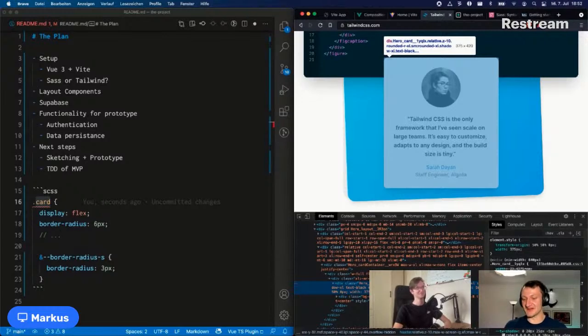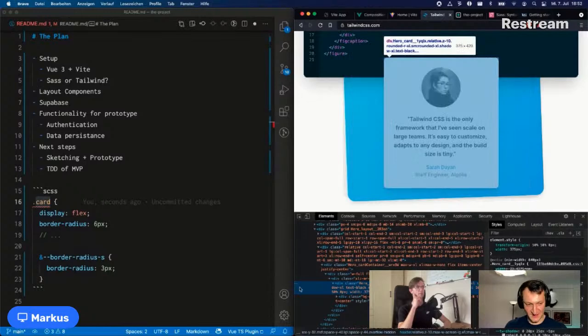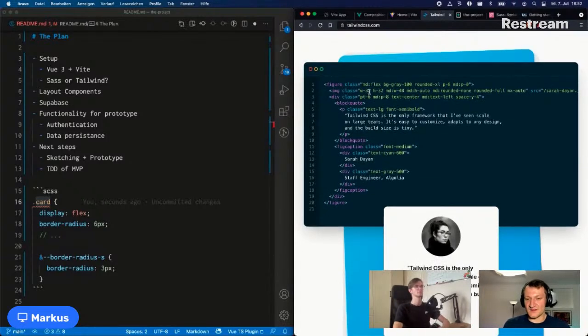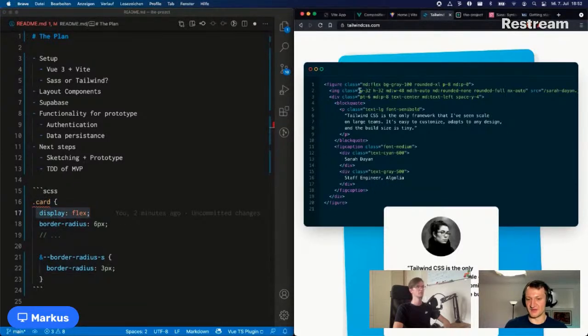But the basic concept is, like we can see here, we have those utility classes in here that we use to create something like a card, for example. And yeah, there are utility classes for every CSS property. So like here we have widths, for example. This is, I think, padding top. This is for media queries. So this is for the medium breakpoint. This means for the medium breakpoint, we have,